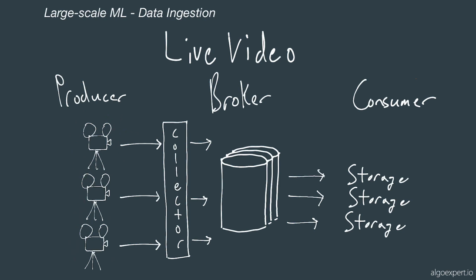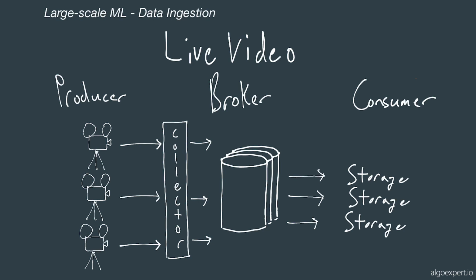These could actually be maybe not 1930s video cameras, but they would actually be surveillance cameras, something like that. These cameras would be sent to some collector. Effectively, we need this layer here to disassemble the video into some frame-by-frame representation. And this collector, frame by frame, could compress that frame to save the cost of transporting it over to the broker,